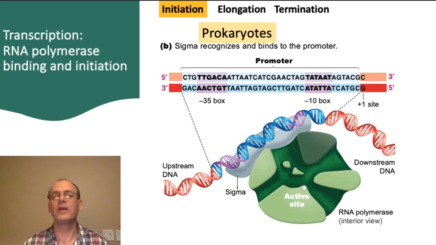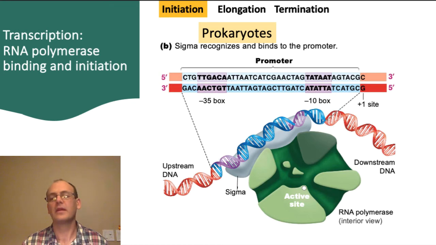In bacteria, there's an additional protein called sigma that binds to the RNA polymerase. Sigma is responsible for identifying the promoter. There are particular sequences of DNA that sigma identifies, and these are known as the -35 and -10 boxes. The numbers come from the numbering scheme of the RNA itself, with the first base of RNA being base number 1. Therefore, bases that are upstream, or before the bases that are transcribed, are numbered with negative numbers, and numbers that are downstream of those that actually get transcribed are positive.